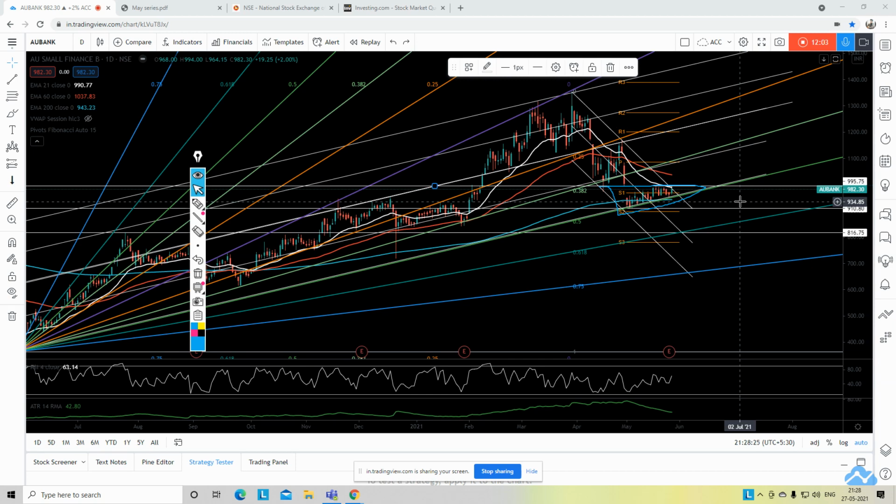Tomorrow, by chance, if we see a closing above 995 on the 5 minute, 15 minute, or 3 minute candlestick time frame, you can go for a buying, and your target should be 1037. That is the first target you can play on a weekly side. And if it closes above 995 on a daily basis tomorrow by end of the day, then 100% you should carry the